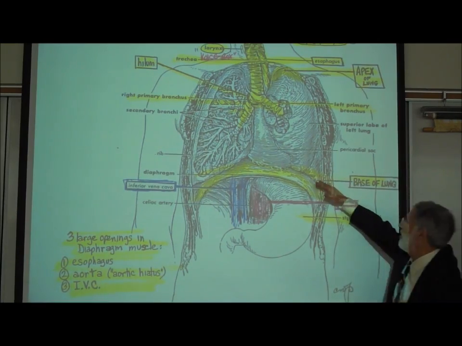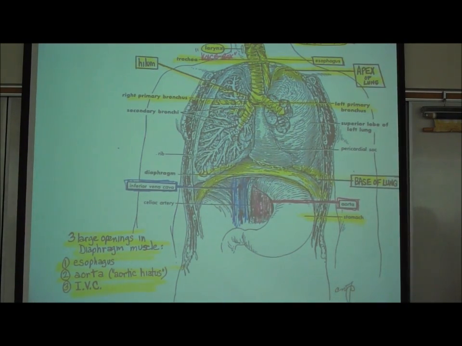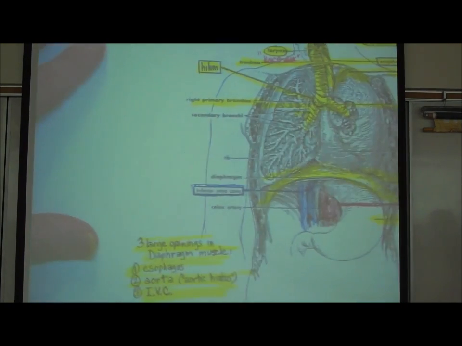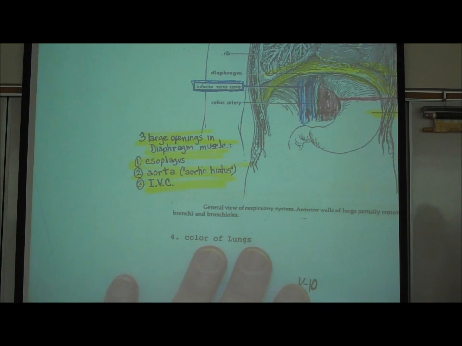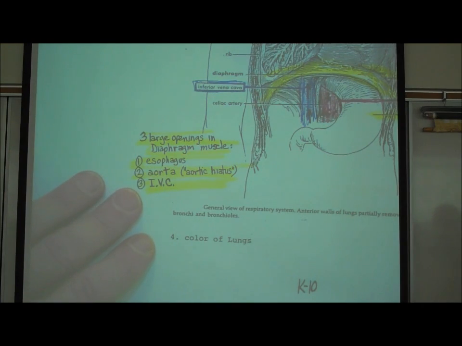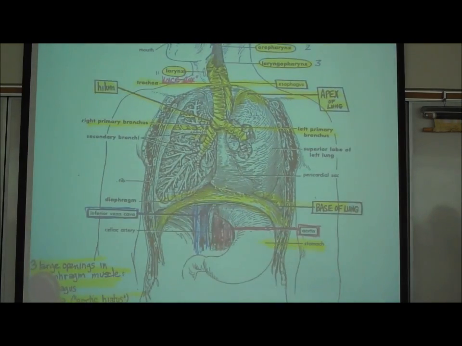Here we see the heart and lungs resting on the diaphragm muscle. And there are holes in the diaphragm muscle. And you might say, well, what do you mean there's holes? So we wrote on the lower left, there are 3 large openings in the diaphragm muscle. There's an opening for the esophagus, for the aorta, and for the inferior vena cava, the IVC. You might say, well, what do you mean? So look, here in our picture,